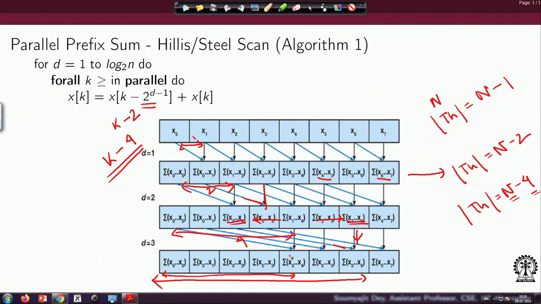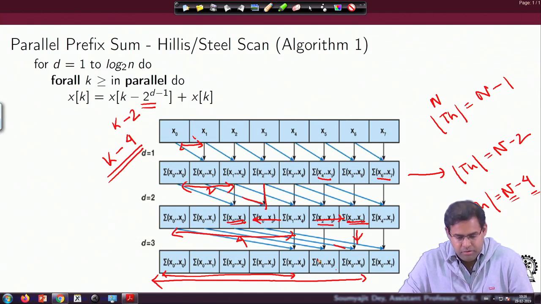Let's take another example at another location. As we can see, here I have x0 to x1, and looking at a hop of 4 from here, you have x2 to x5. So if you just add them up, you get x0 to x5. You can easily write a formal proof of this, it's quite easy to figure out. So essentially we can understand that this algorithm is working.